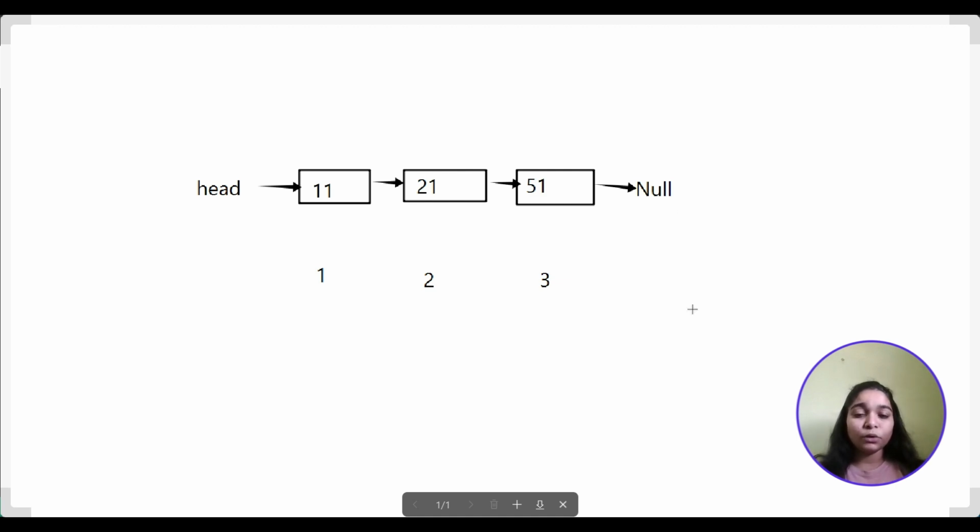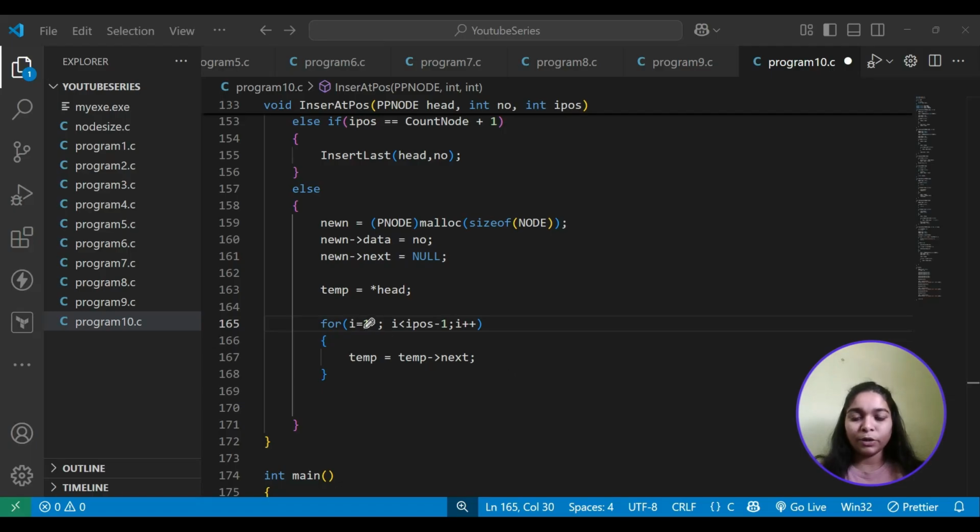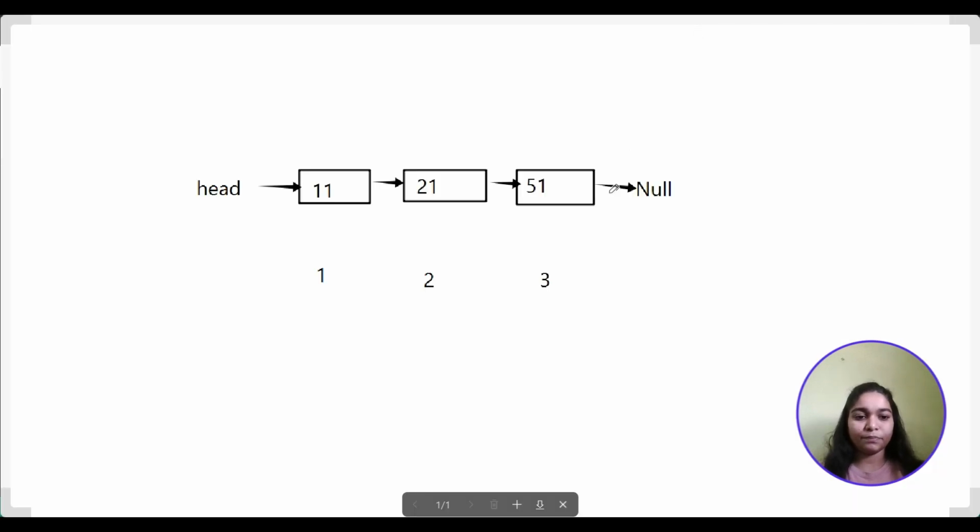Then now the loop will run for i equal to 1 to ipos minus 1, means here i is equal to 1 and ipos minus 1. ipos is 3, 3 minus 1, 2. So loop will run for i equal to 1, then i is less than 2, then i plus plus. Right. So the first iteration i is equal to 1. In this iteration,